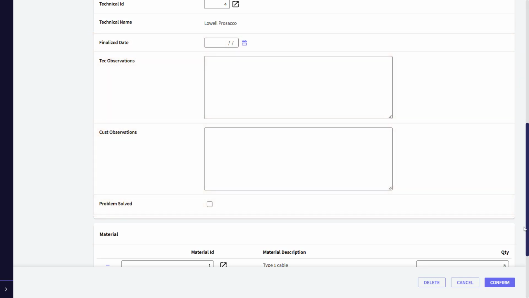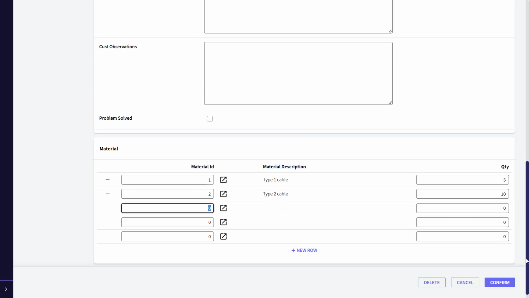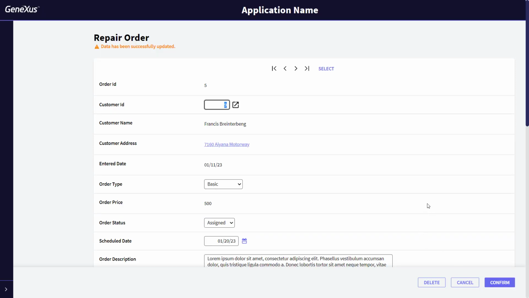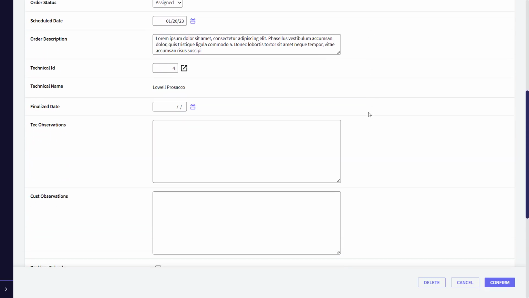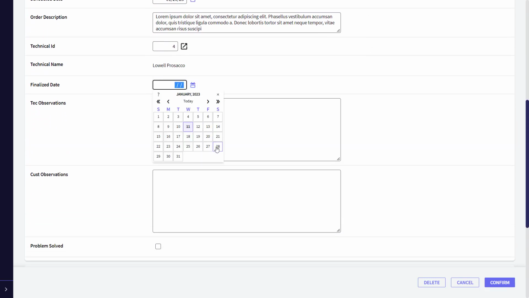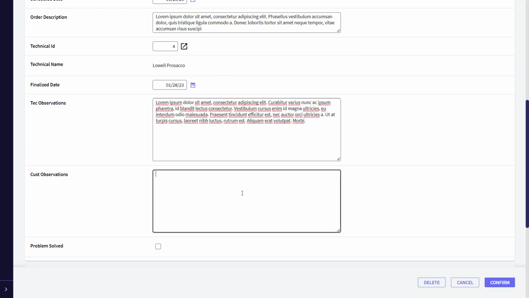Of course, this is not comfortable for entering data. And as we've just said, since there are few attributes in this example, it doesn't have a great impact. However, as the number of attributes increases, since we may need to record more data, the input process becomes more complex. Or, when the administrative assistant wants to complete it with the corresponding observations, he'll need to select the order to work on, switching the transaction to update mode, and will see all the attributes of this transaction, when in fact, he only needs to see a few details.